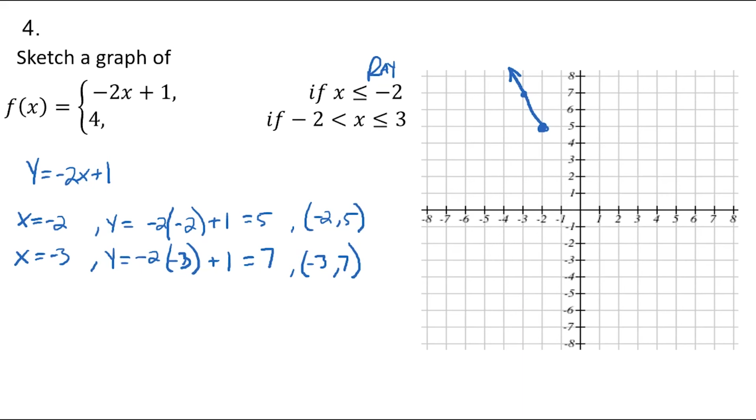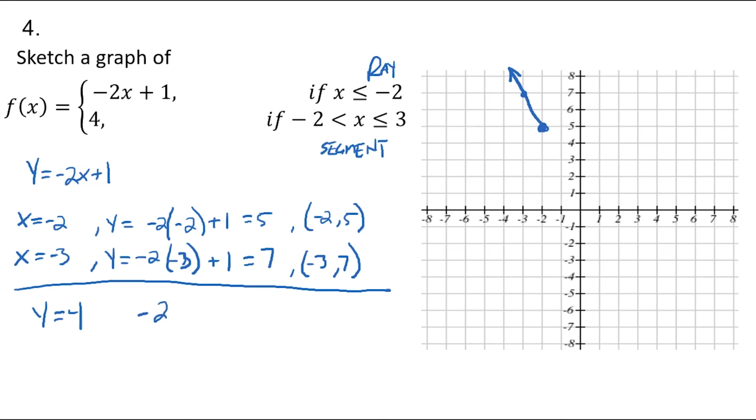So notice that for one endpoint, this is a segment down here. It's just a segment in between negative 2 and positive 3. And so y is going to be always equal to 4,